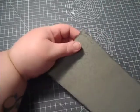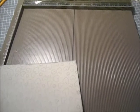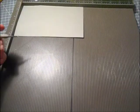Okay, so I'm going to bring my scoreboard in. I've got my big scoreboard. I can't remember what I did with my little Martha Stewart one. Never mind, let me try and tilt you up a bit so you can see. Hopefully that's okay. So I'm going to flip this over and I'm going to score